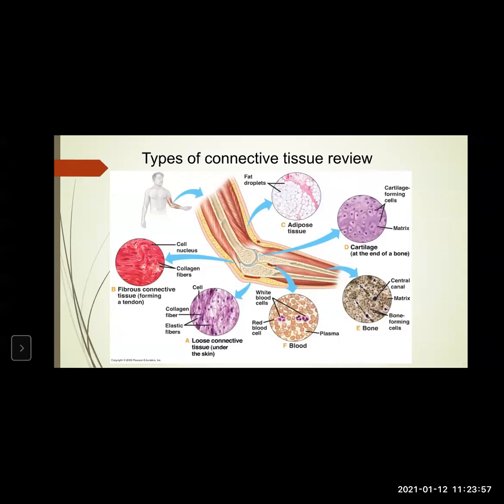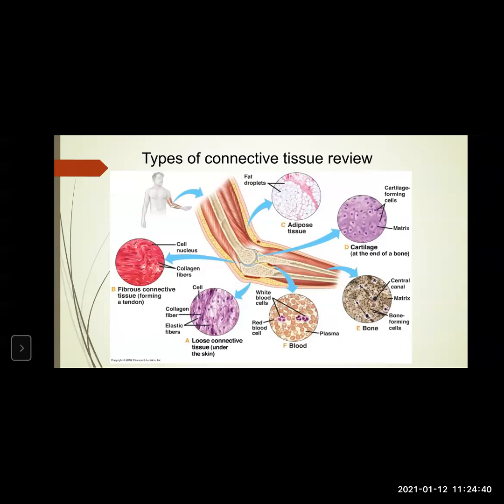Then the tissue, next connective tissue was bone. We have studied that bone consists of specialized cells known as osteocytes. Osteocytes are embedded in a solid matrix that is made up of calcium phosphate, and hence the bones are very hard and very strong. If there is deficiency of calcium phosphate, the bones might become brittle and may break, leading to fractures.